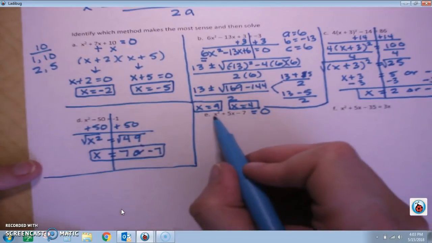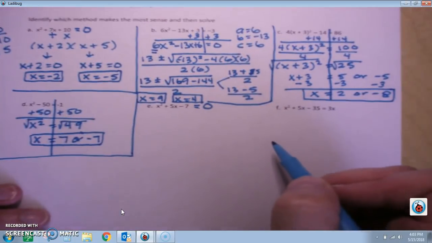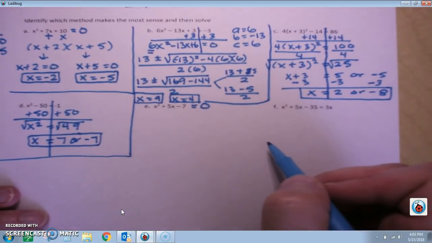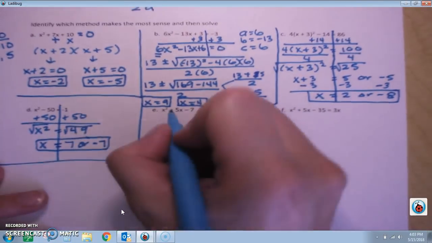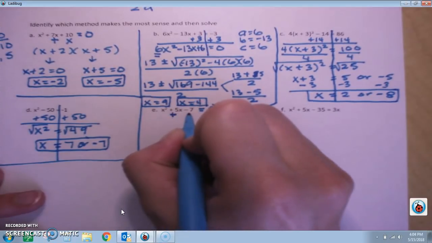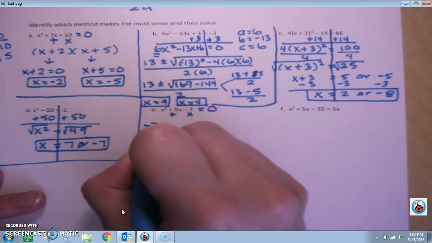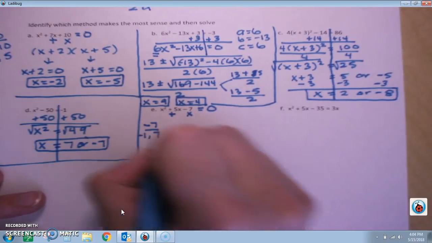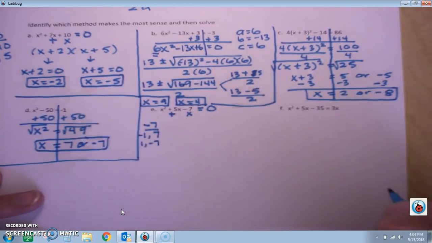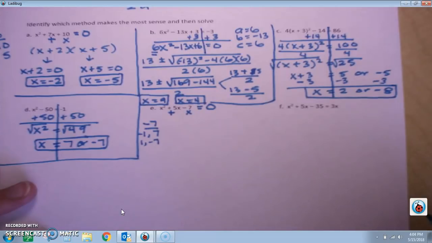All right, next one, x squared plus 5x minus 7. So because there's an x and an x squared, I cannot use train tracks. I need to either factor or do the quadratic. I'm going to try factoring first and see if I can do that quickly. So I have to figure out what adds up to 5, but multiplies to make negative 7. So my factors of negative 7 are 1 and 7, and one of them has to be negative. So either negative 1 and 7 or 1 and negative 7. Well, none of those add up to 5. They actually add up to 6 or negative 6. So I'm going to